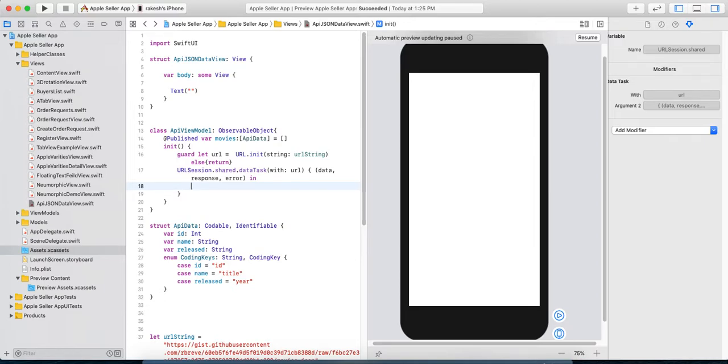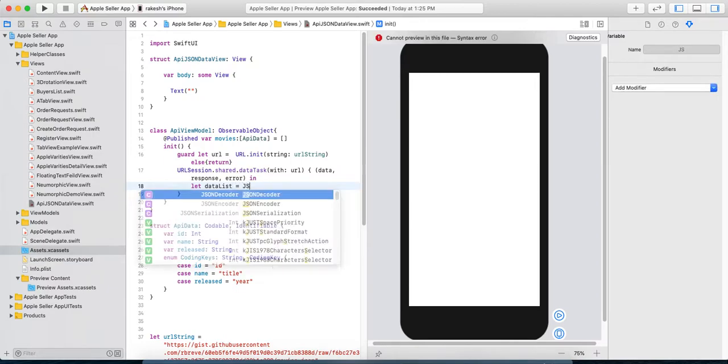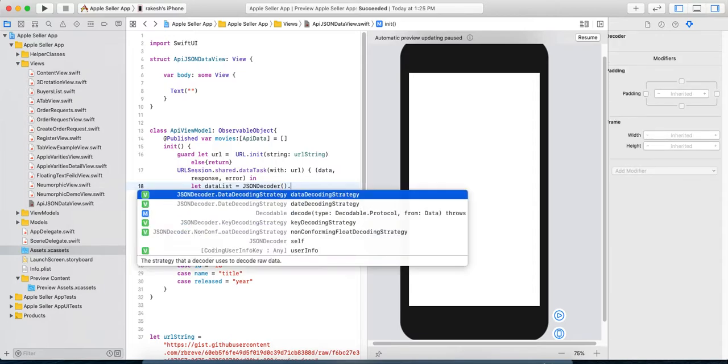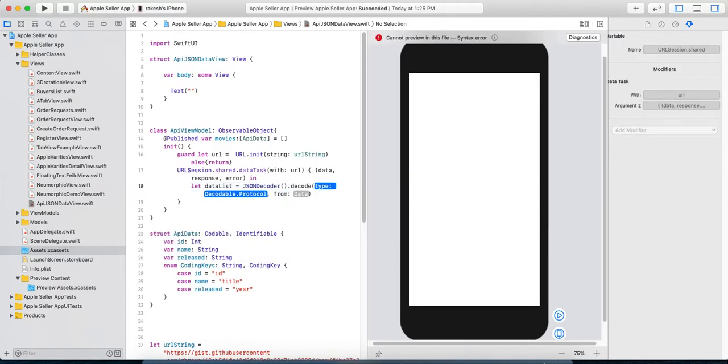First of all, we will parse data from the data list, like JSONDecoder().decode. What type of data do you want to get?